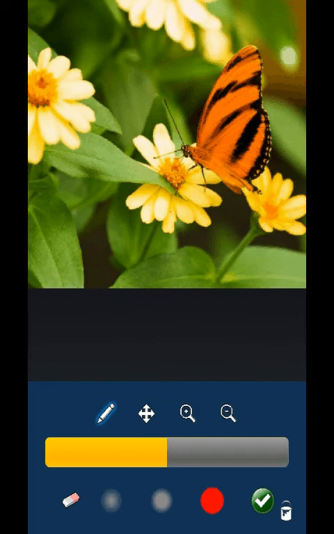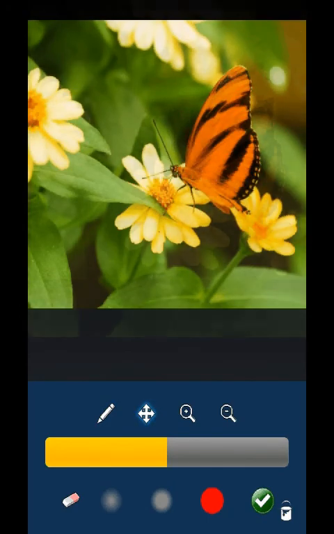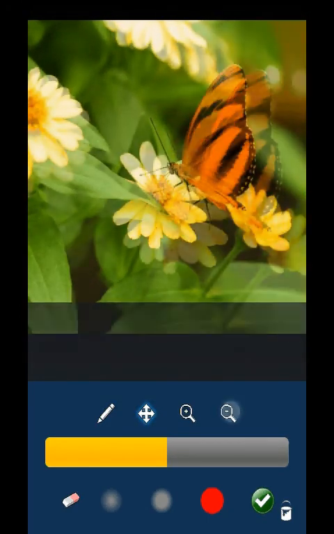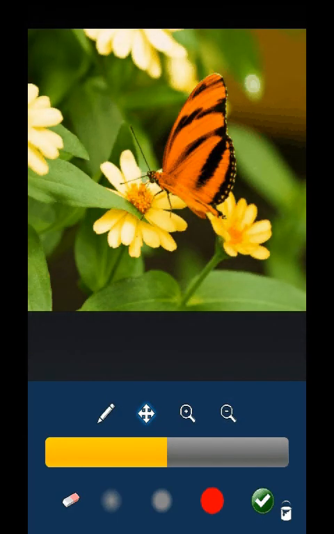Basically, you've got the drawing tool here, the pen, the option to move the picture around, and then you can zoom in and zoom out on the picture. To edit it or to erase, you basically pick on the pencil, and you have 3